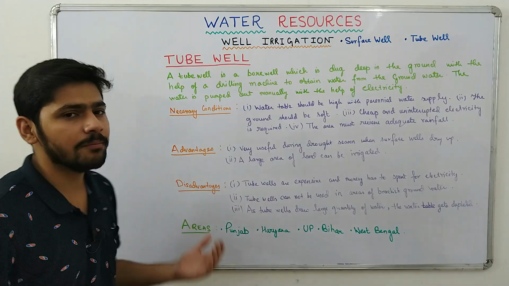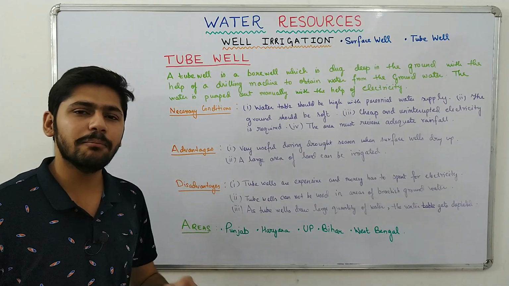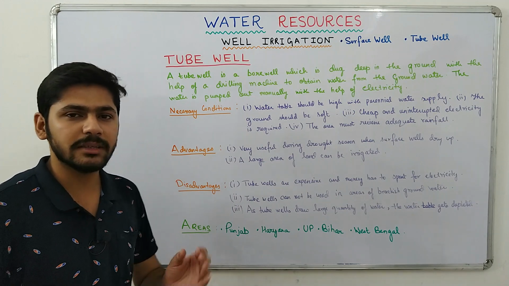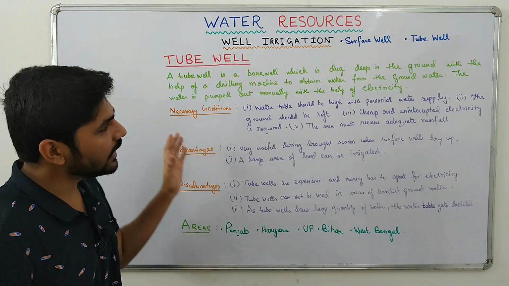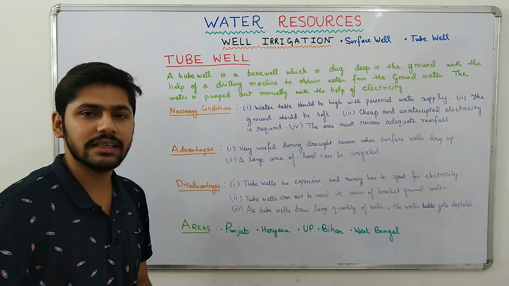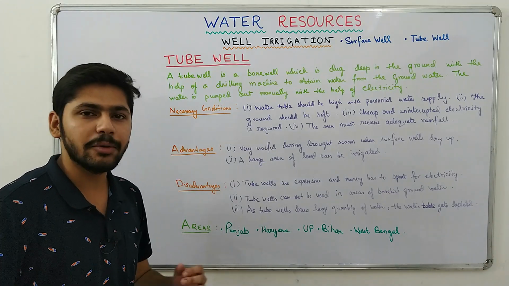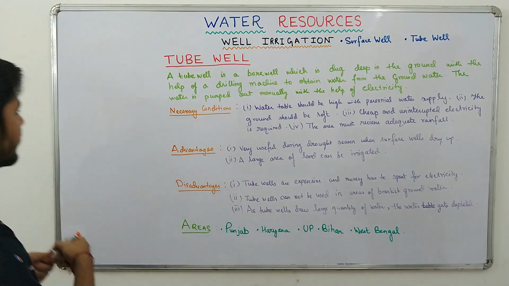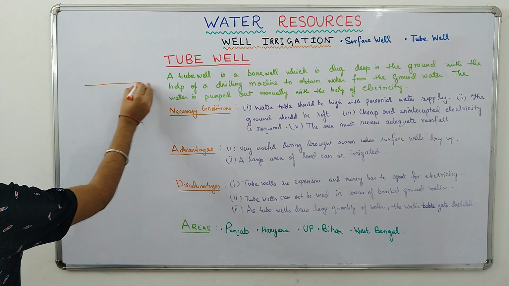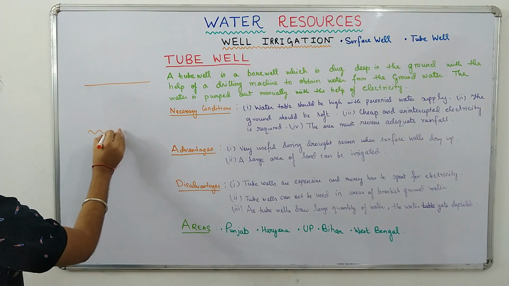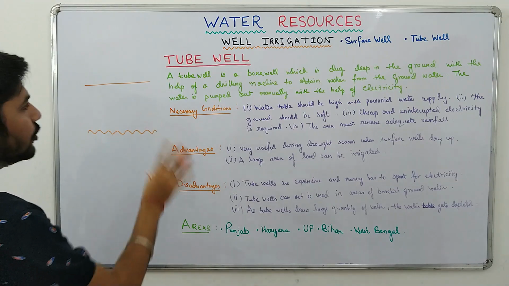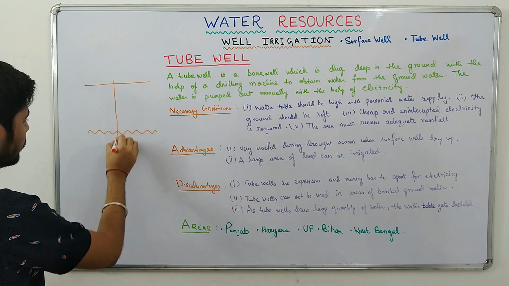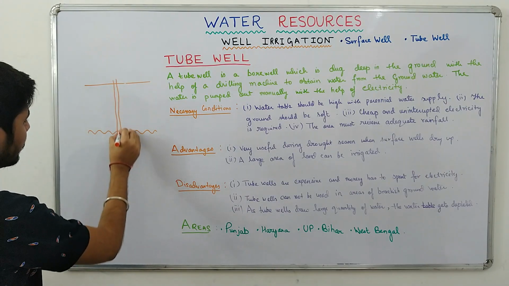Now what is a tube well? In a surface well, a simple hole is dug on the earth's surface to obtain water from the subsoil. In a tube well, a much deeper hole is dug so that water can be obtained from groundwater. Let me tell you, say this is the surface and groundwater is over here. A tube well is nothing but a simple tube which is dug into the ground so that water can be obtained